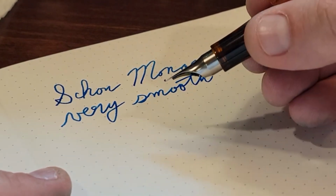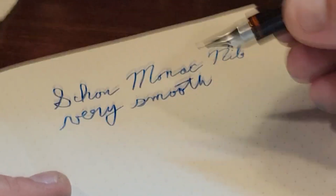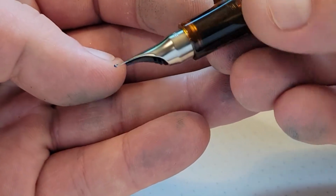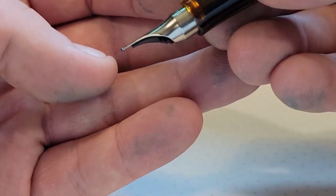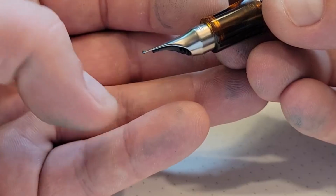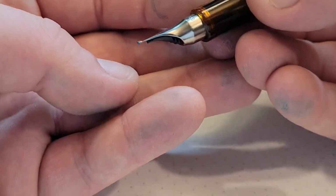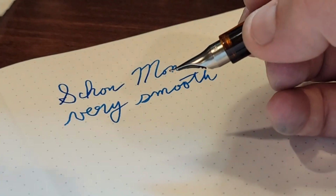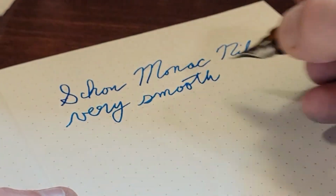So, as I was alluding to earlier, there's something about this nib geometry that is exceptionally smooth, and I do think it's an inherent design in the 360 nib, which they've brought back here. And if you look at this, the tip is not a separate tip. This is one continuous titanium nib. And if you look, you can kind of see that flare out at the end. And I really do think that architecture, as I noted on the original 1950s review of the snorkel with the same design, gives you exceptionally smooth